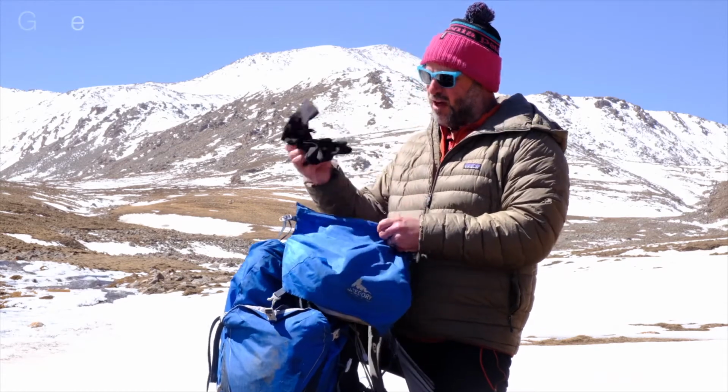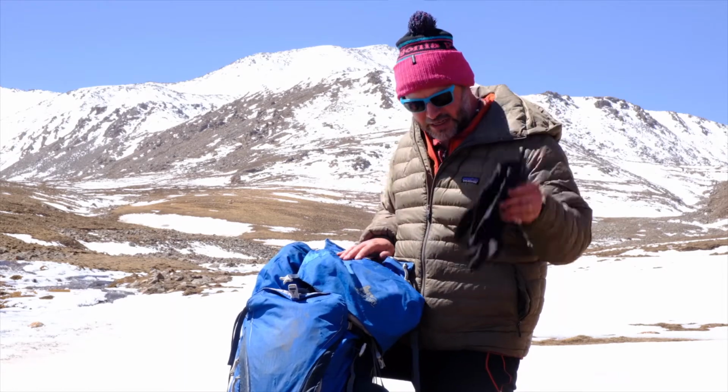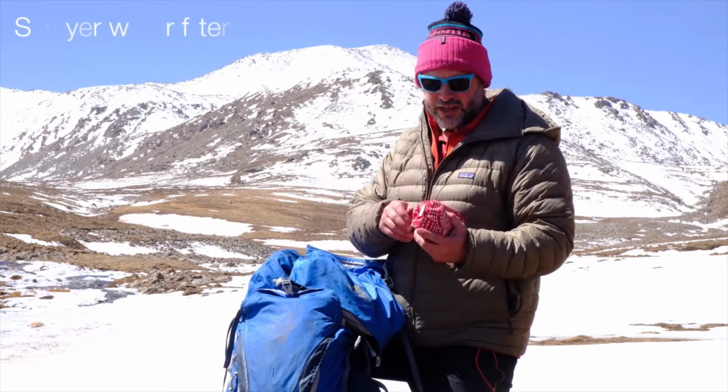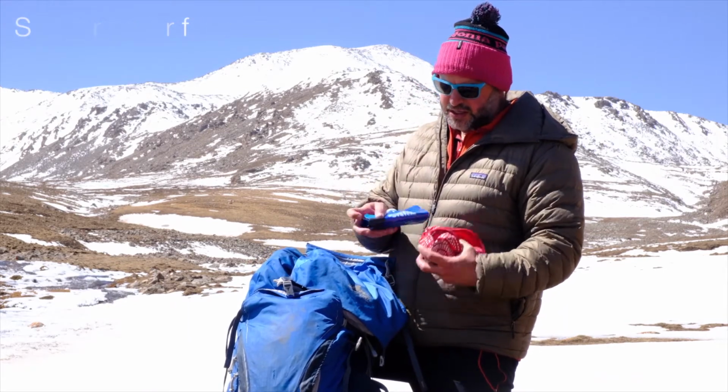Okay, first thing, I have gloves. If you get caught in a snowstorm or rain comes up, you want to have your gloves very easily accessible. Okay, second thing is a water filter. If you need to stop and purify water, you can use this water filter. This is called a Sawyer